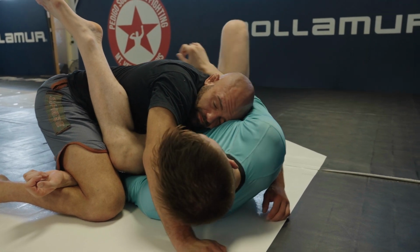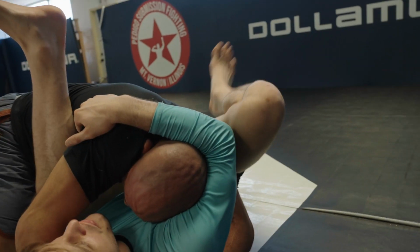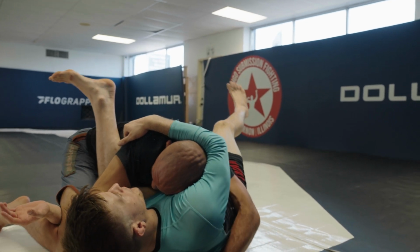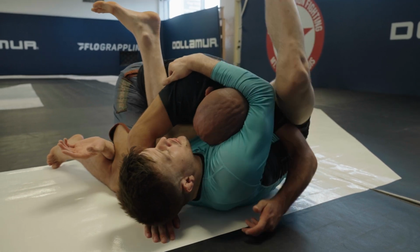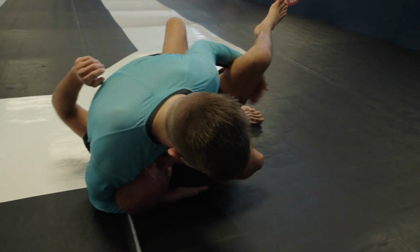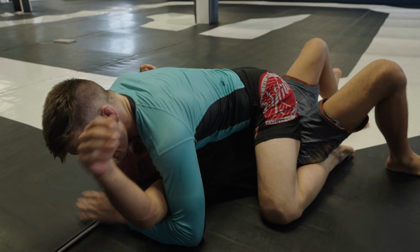That way we can really get good pressure or good elevation on our sweep. So from here, I'm gonna take my feet to the floor while I'm swinging my leg and driving with this underhook on the leg up in the same motion that I'm pulling the shoulder. So here, keeping the underhook on the leg until both of my knees hit the mat,